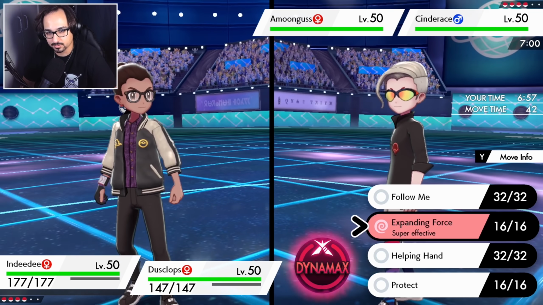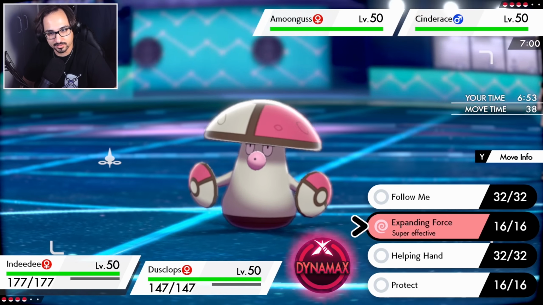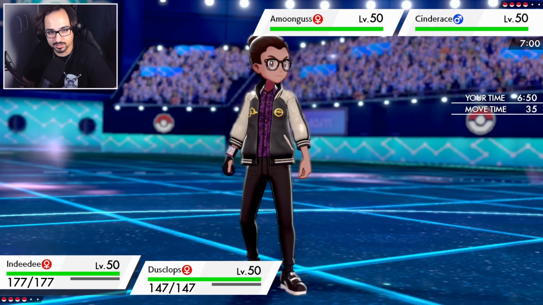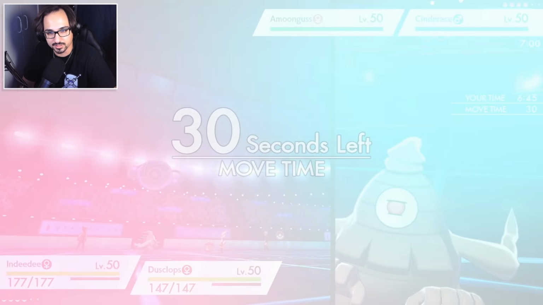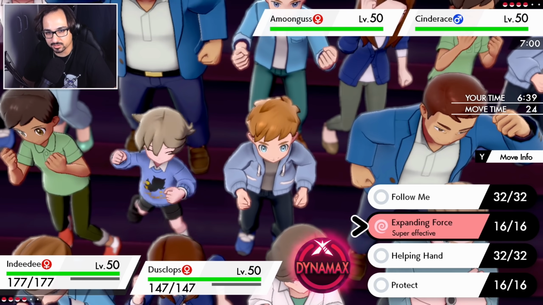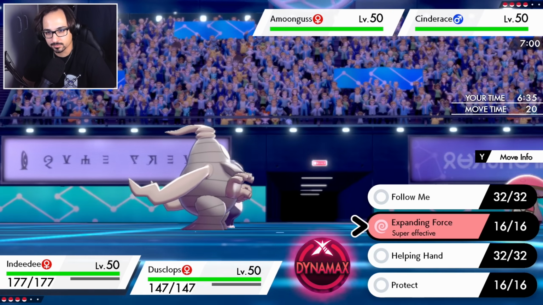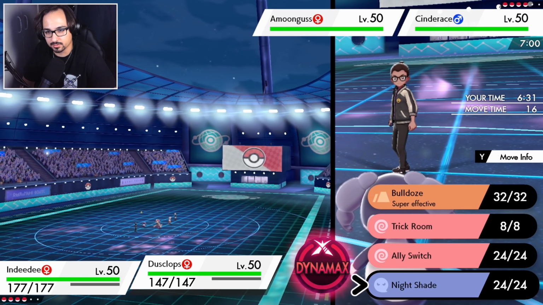Actually, Mungus is gonna try to sleep my Dusclops. I could redirect it. Was I smart enough to have safety goggles? No, I have Focus Sash. That Mungus could also have Focus Sash, though. Part of me wants to Expanding Force an ally switch. I'm gonna Expanding Force. And then...